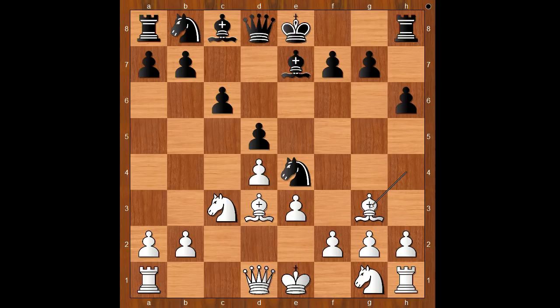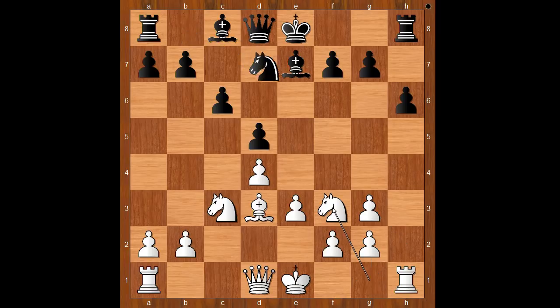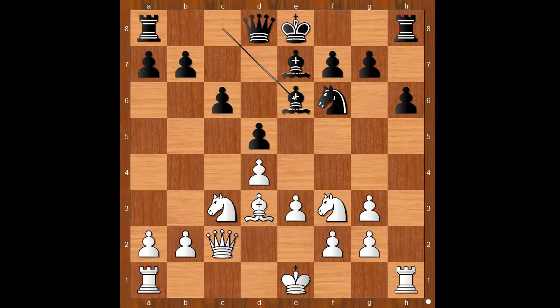In the past, in this position, black played knight takes knight and bishop to f5. Wenjun played knight takes bishop. This is a new move. H takes on g3, knight to d7, knight to f3, knight to f6, queen to c2, bishop to e6, and